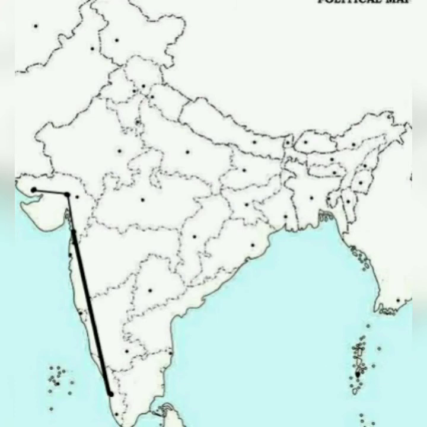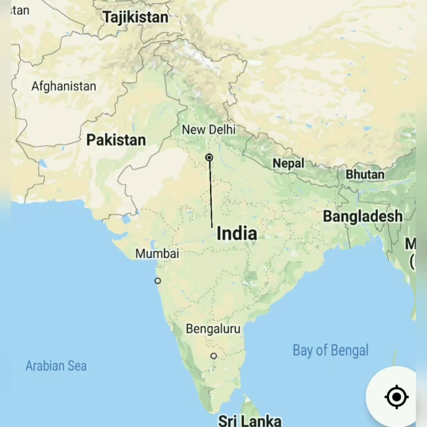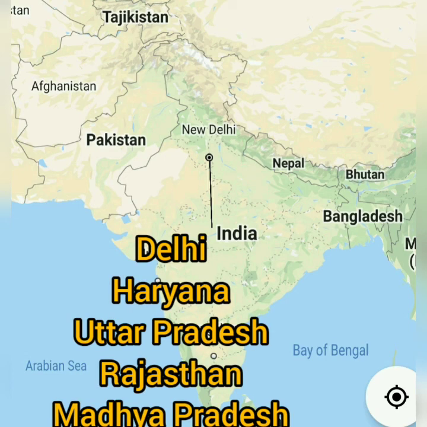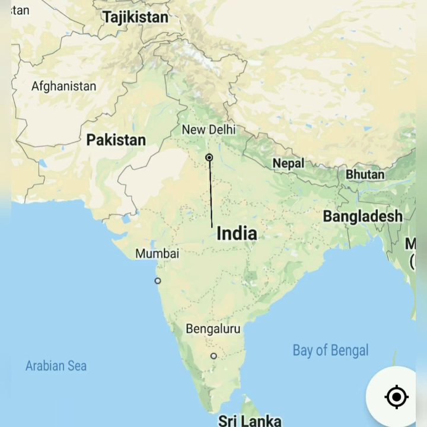Let us take one more example. Now you are required to tell how many states this line is crossing. This line is crossing Delhi, Haryana, Uttar Pradesh, Rajasthan, Madhya Pradesh,